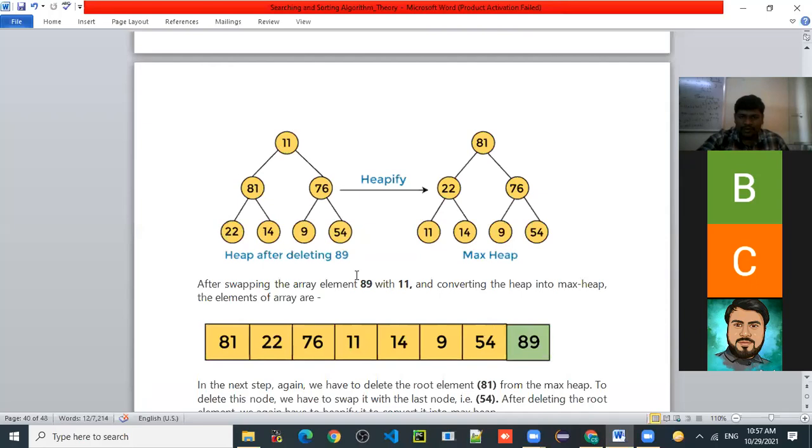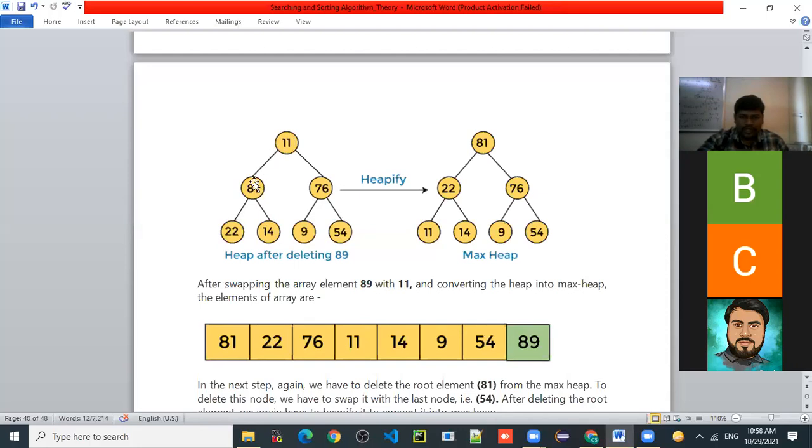Now apply the heapify process to get the max heap. 22 is greater than 81? No, this will remain as it is, but if you compare 81 with 11, 81 is shifted to the root.